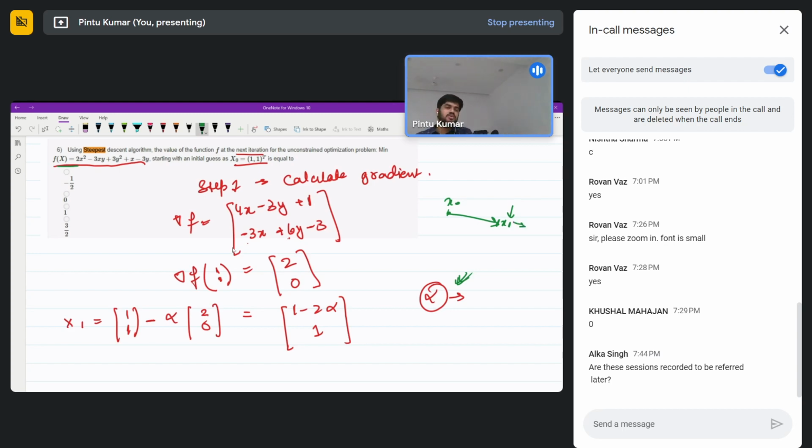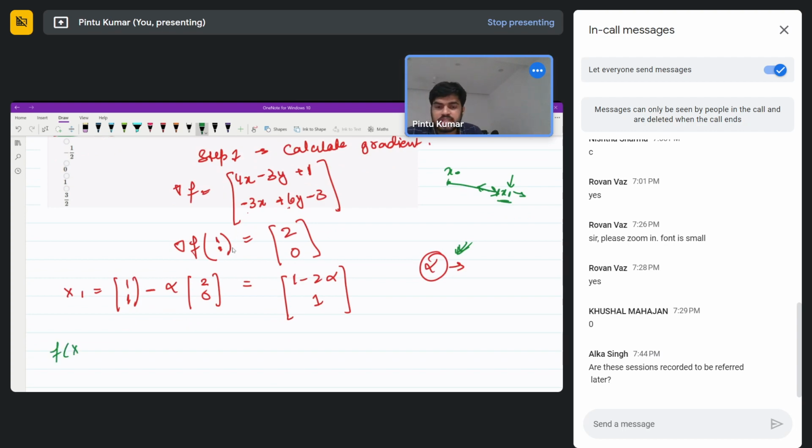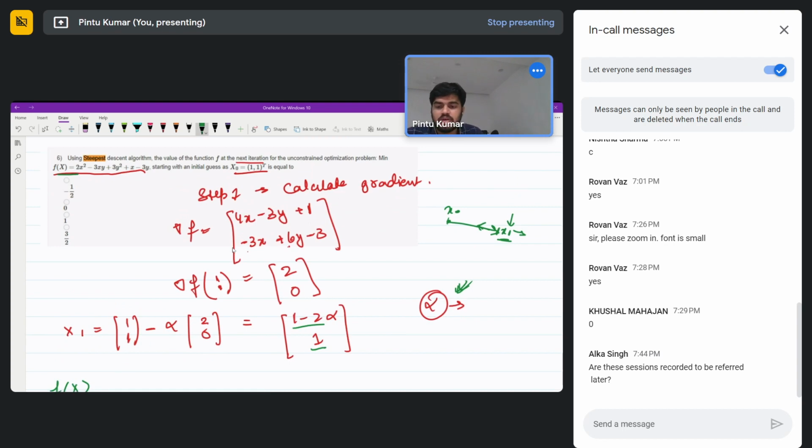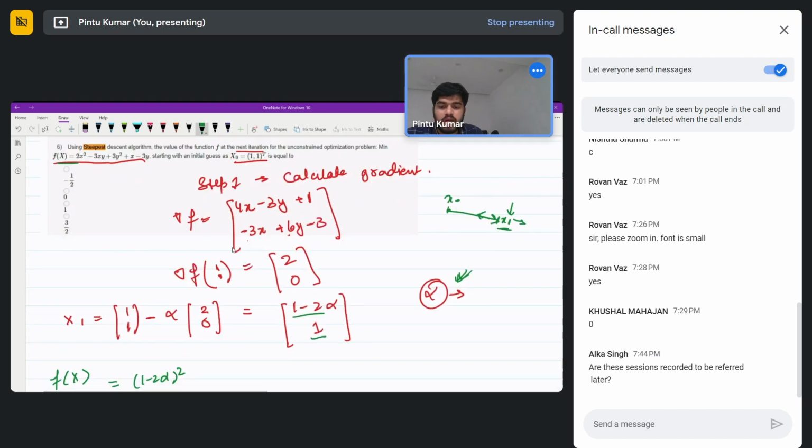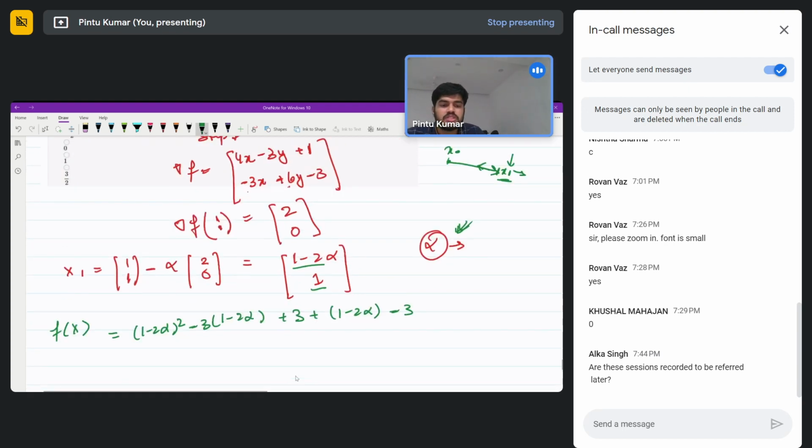So if you move a little further, your function value increases, or if you just stay a little back, your function value is still greater than what you would have obtained at x1. Okay, so now if you write f of x in terms of this, this would be (1 minus 2 alpha) whole square minus 3 (1 minus 2 alpha), because y is 1, plus 3 plus (1 minus 2 alpha) minus 3. Okay, so these terms get cancelled